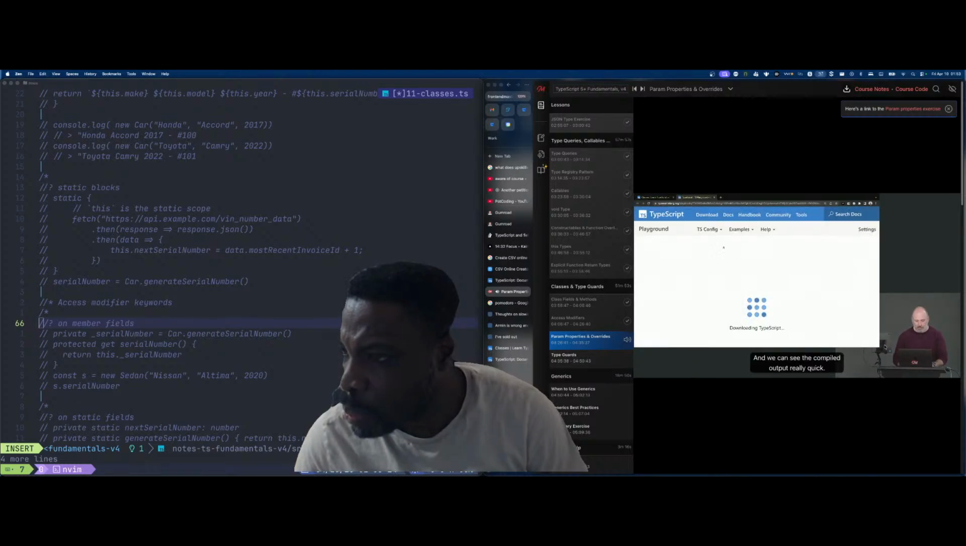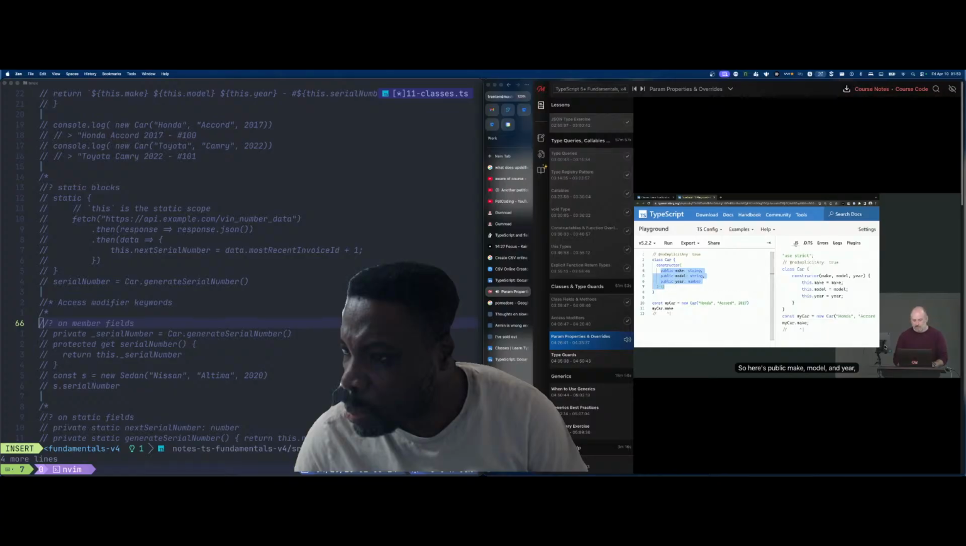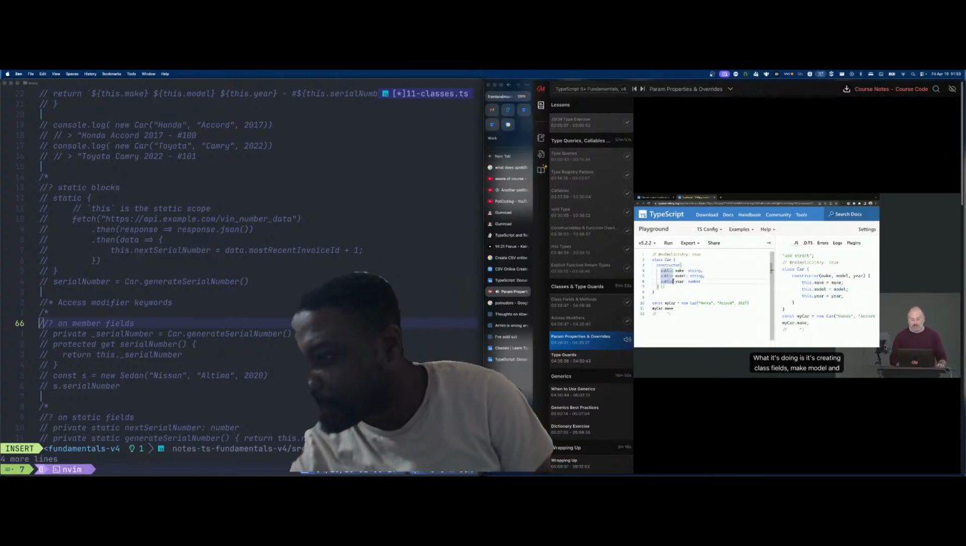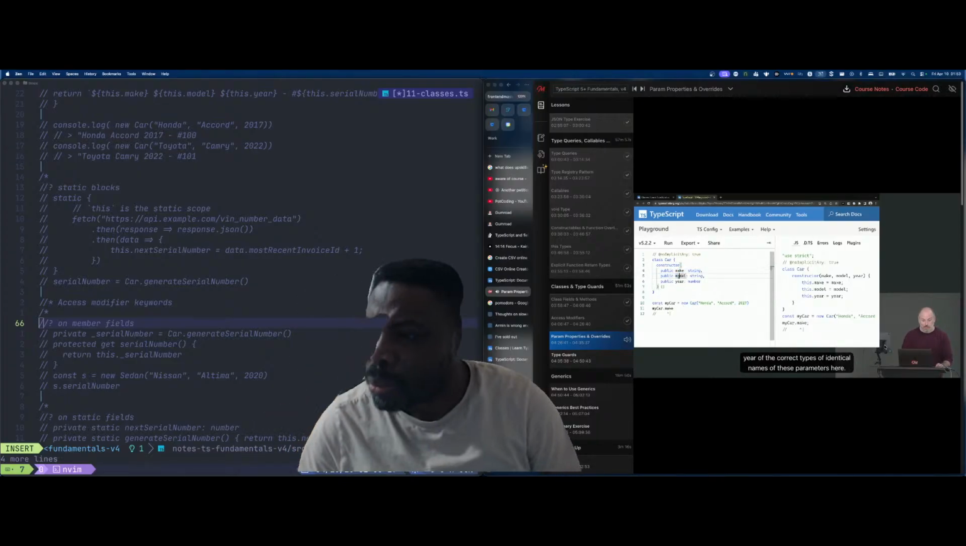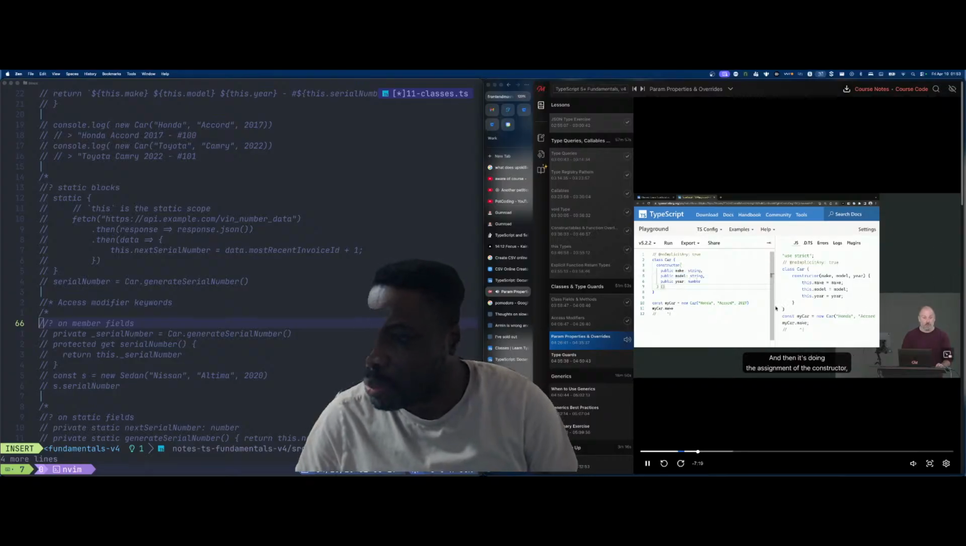And we can see the compiled output really quick. So here's public make, model, and year. Here's the JavaScript. This dot make equals make. This dot model equals model. This dot year equals year. So what it's doing is creating class fields make, model, and year, of the correct types, of identical names to these parameters here. And then it's doing